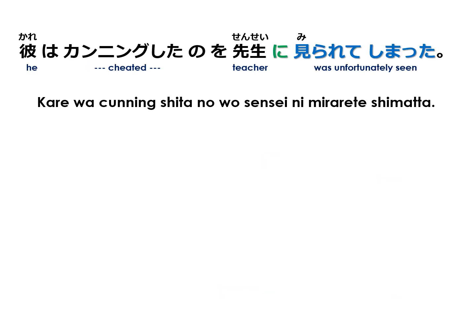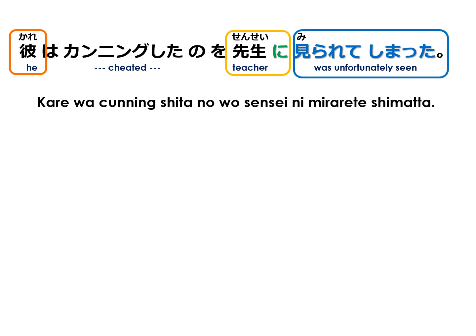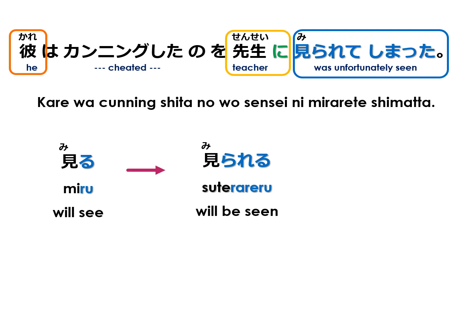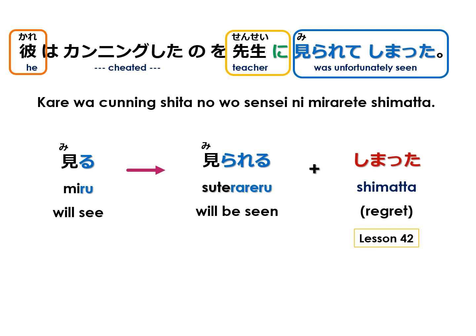Our last example, 彼はカンニングしたのを先生に見られてしまった。We have the subject he, the doer, sensei or teacher, and the passive form verb is 見られてしまった, which comes from the active verb 見る, meaning will see. Passive form 見られる, will be seen, and we conjugate for regret with しまう, which we learned in lesson 42. Past tense しまった, 見られてしまった